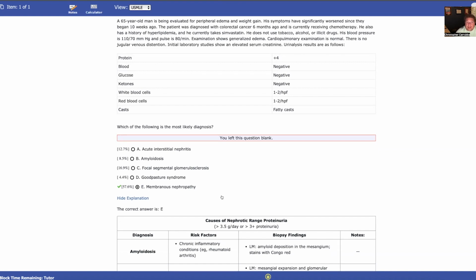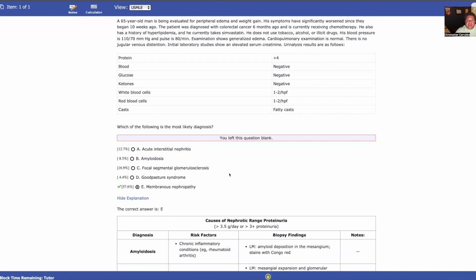But I think where you can really help yourself for the future and make sure you get questions right is really thinking about what were the learning objectives of this question? What did I have to do to get it right? And then trying to apply that to the other answer choices. So here I would stop and say, okay, to answer this question correctly, I needed to realize that it was a nephrotic disease, and then I needed to identify the specific nephrotic disease based on the risk factors that were there. And that's when I can really maximize the benefit and say, okay, for this question, amyloidosis could have been